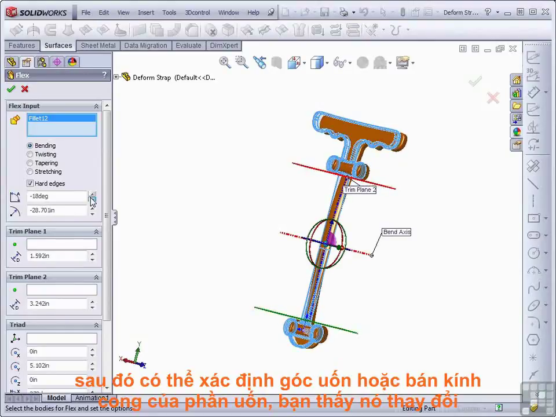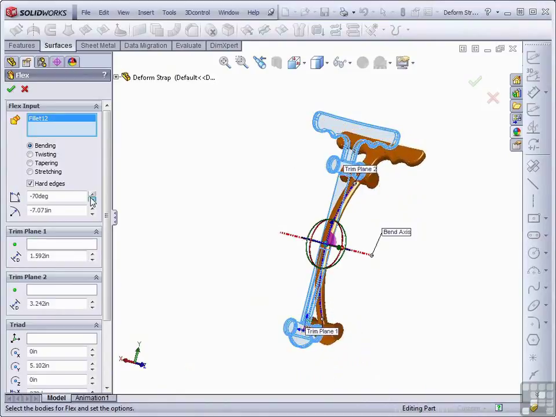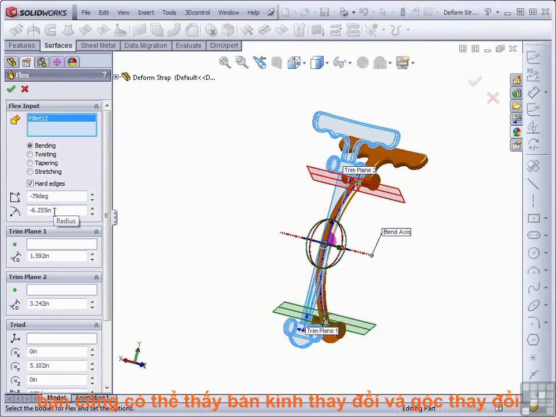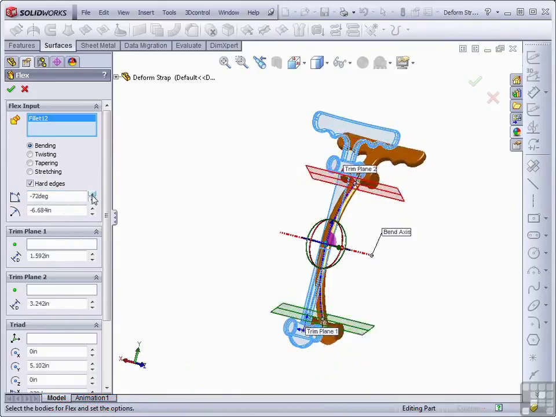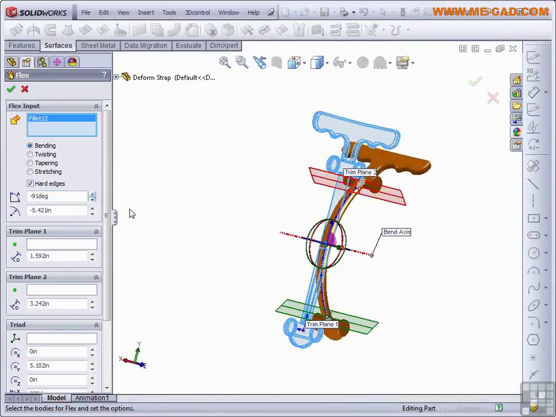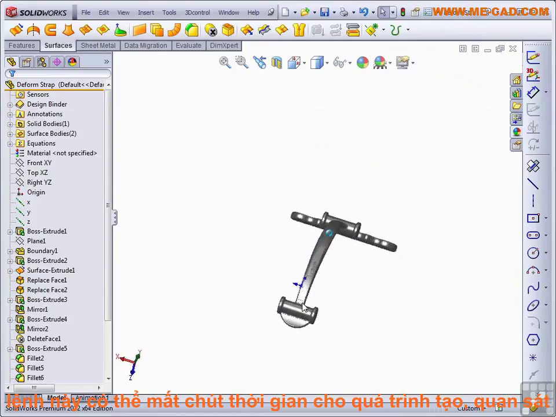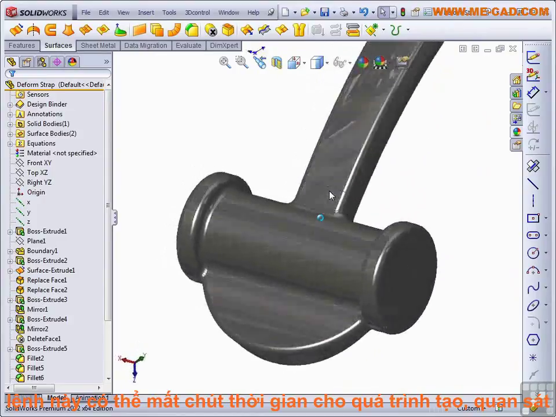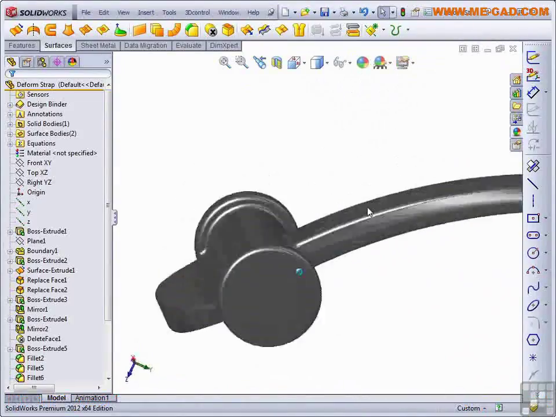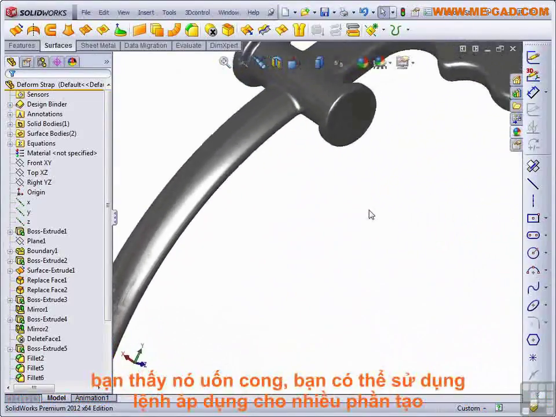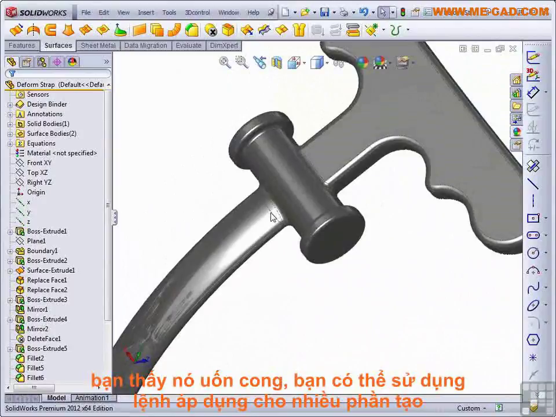And as the bend gets larger, you can see the part flexing. You can also see the radius as the angle changes. This feature can take a long time to process, but notice what it's done is it added edges as if it cut the part and then just bent the area in between, and everything else is straight or flat or round or just the